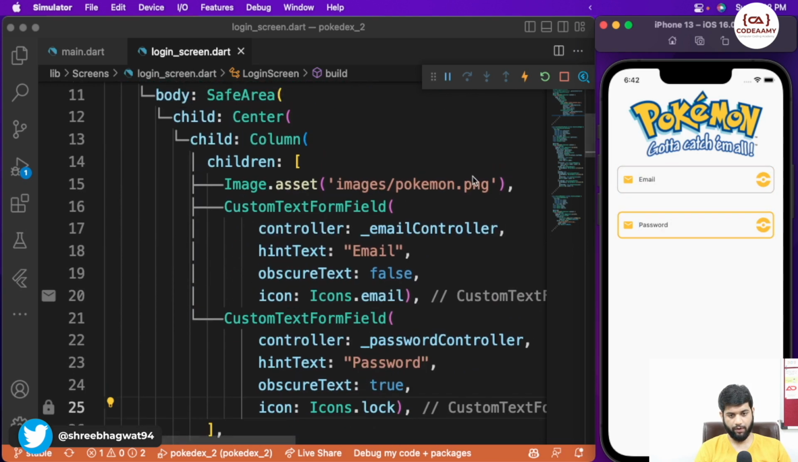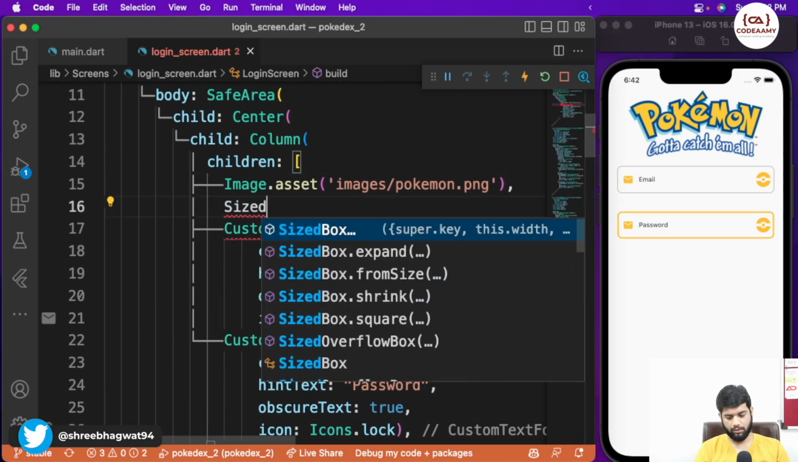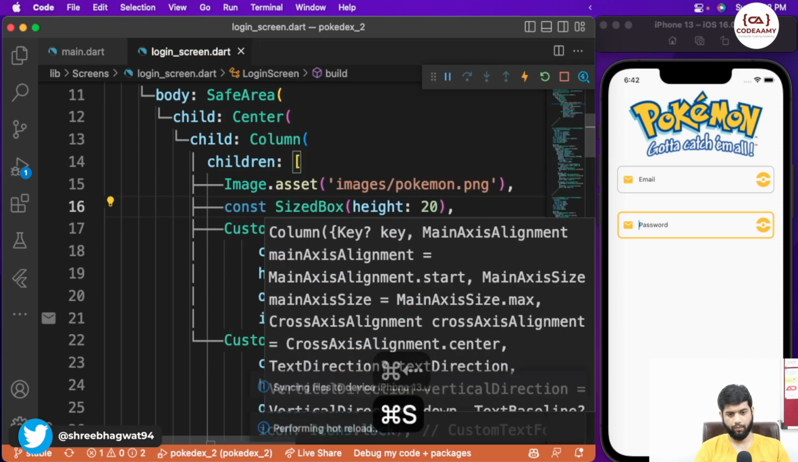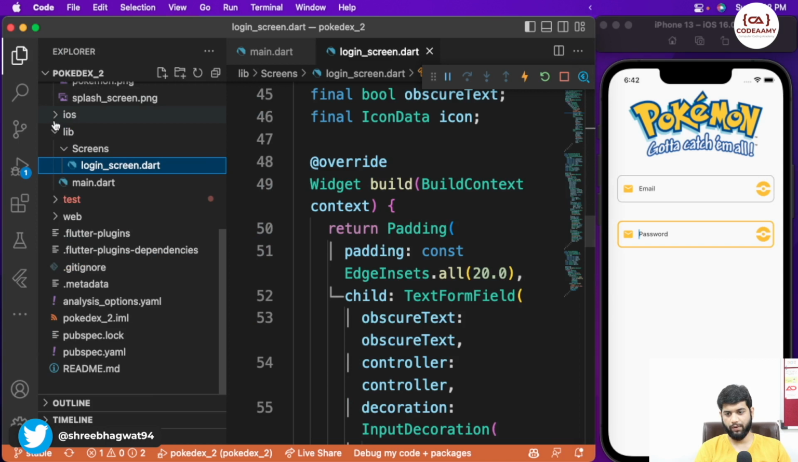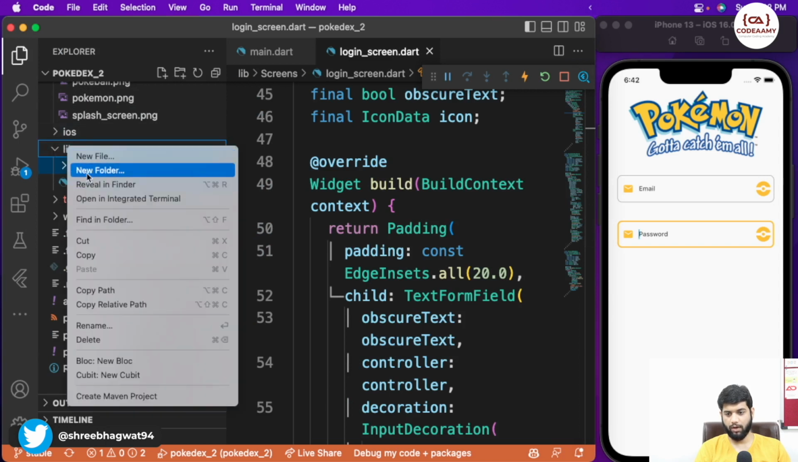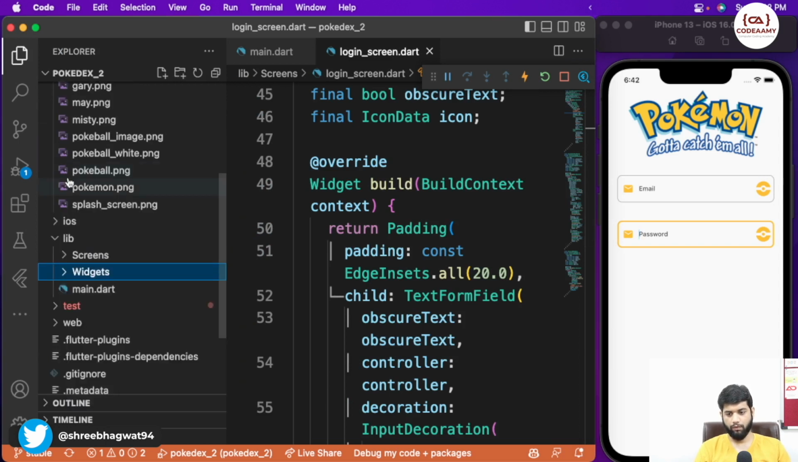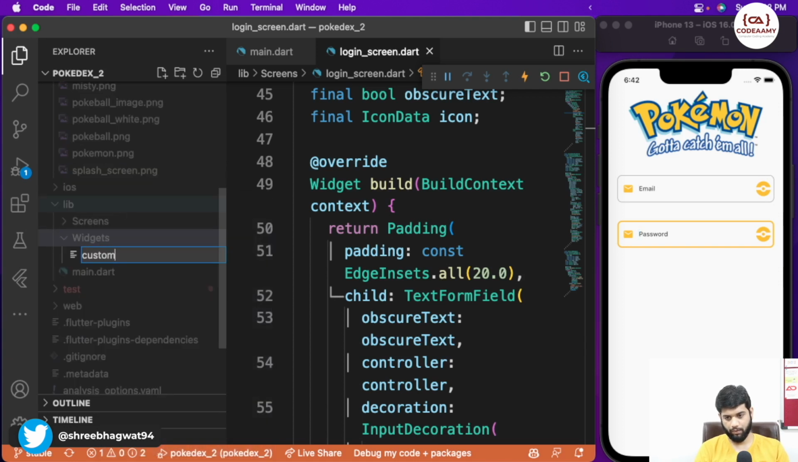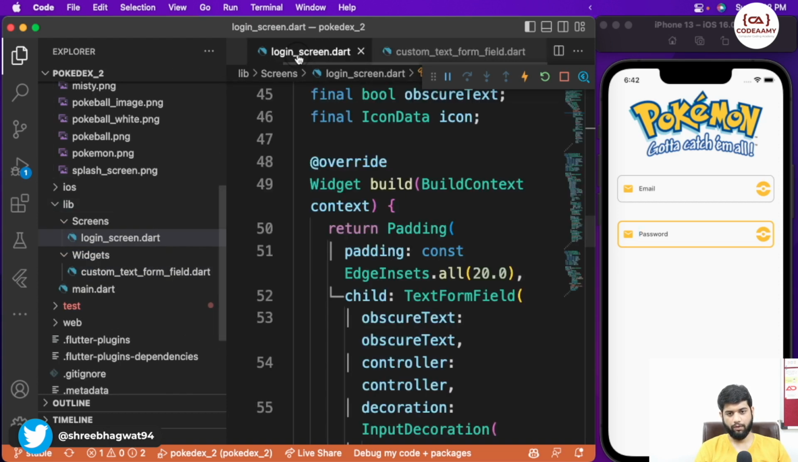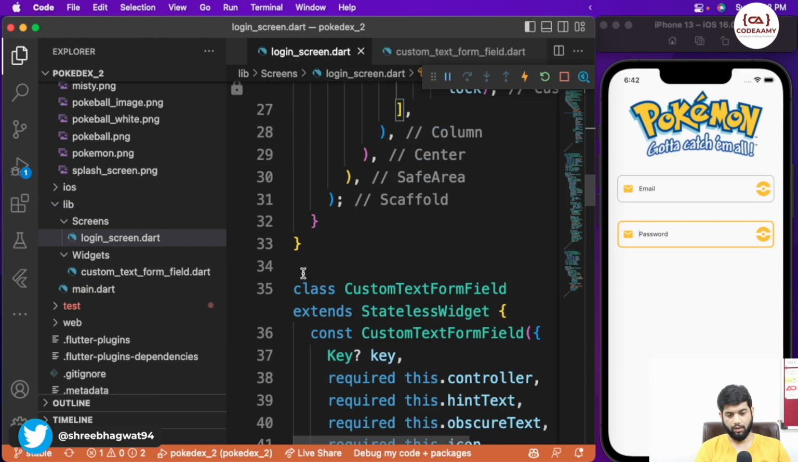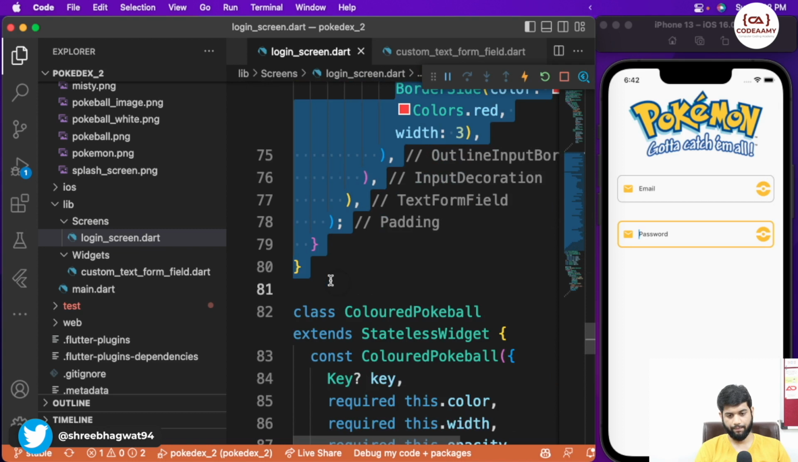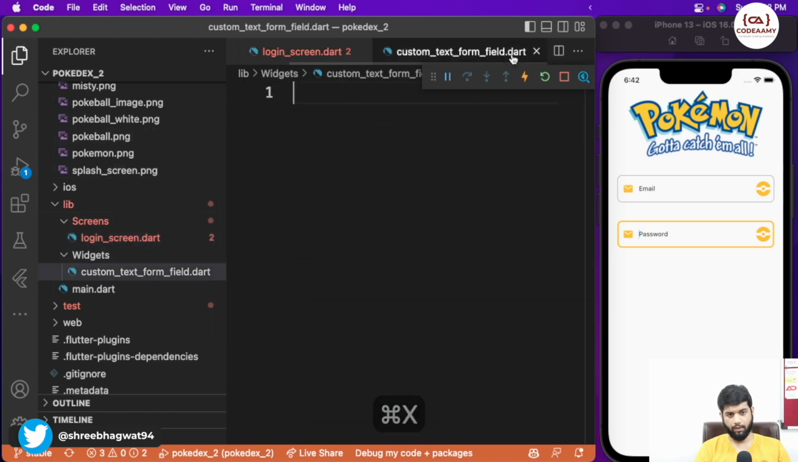And let me give sized box over here of height 20. Let me just extract those widgets. So I will create a new folder in our lib file called as widgets, which will hold all our widgets. I will create new file, and I will just copy the login screen text form field from here and I'll paste it,